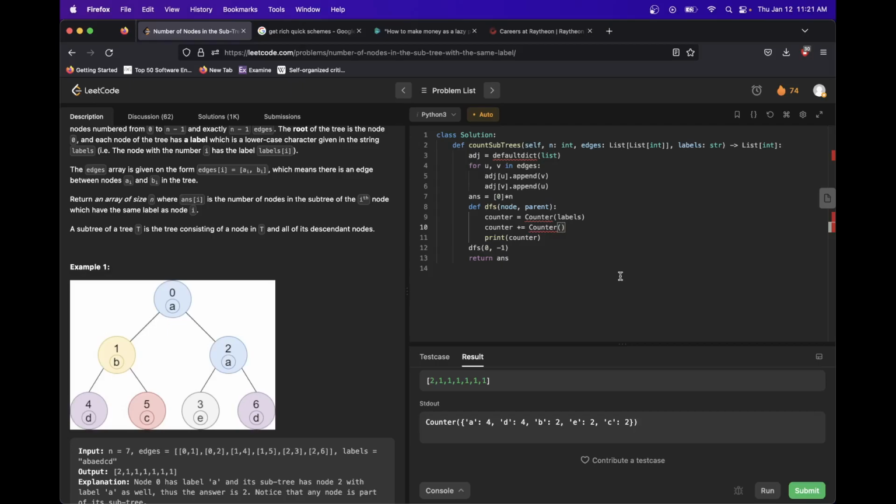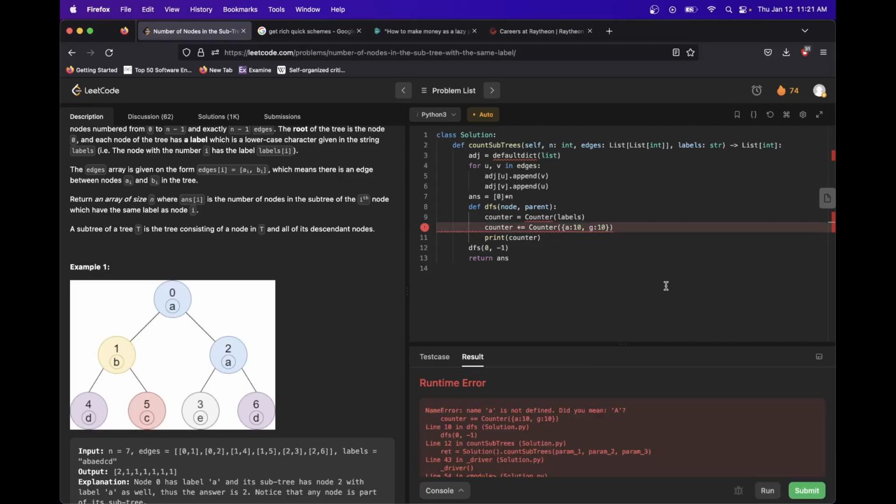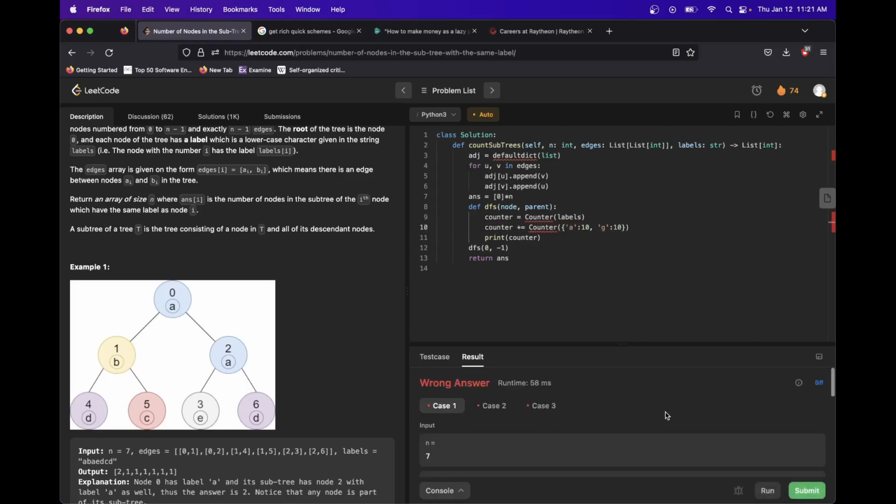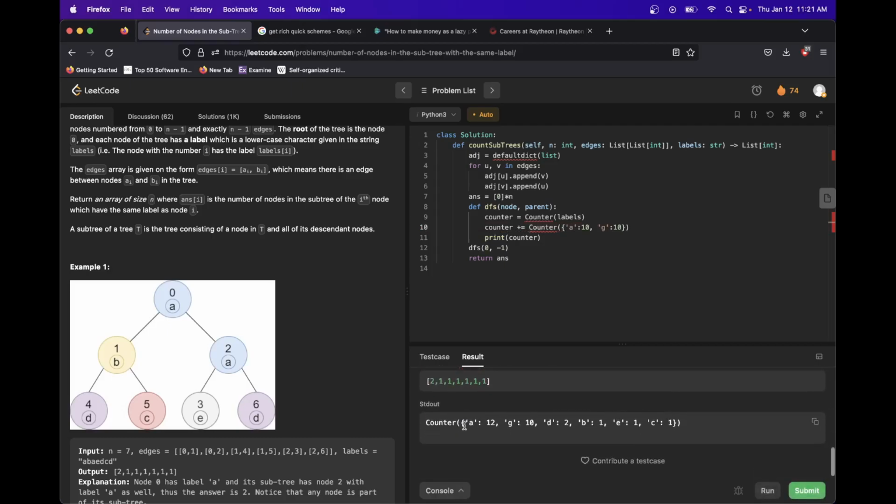I could also say counter plus equals counter based off of a dictionary that has a comma 10. Let's say G is 10 as well. Oops, I want these to be strings. And then we can see it successfully added in the existing element A, and it also added in this new element G. So with that in mind, the basic idea is for every single instance we create a counter,